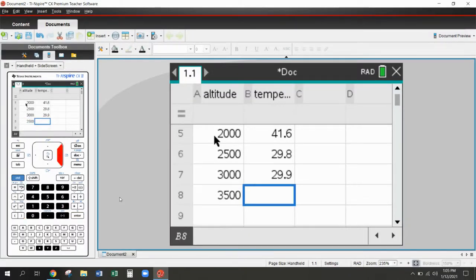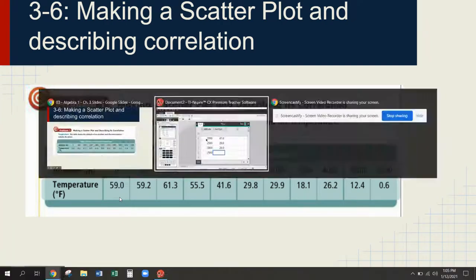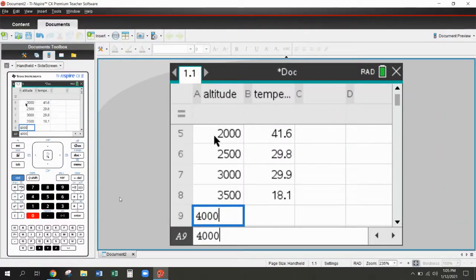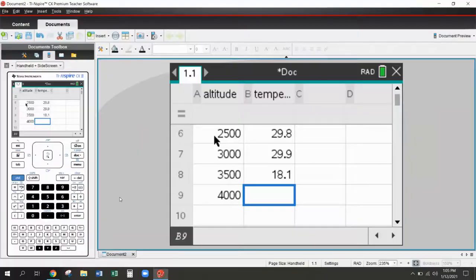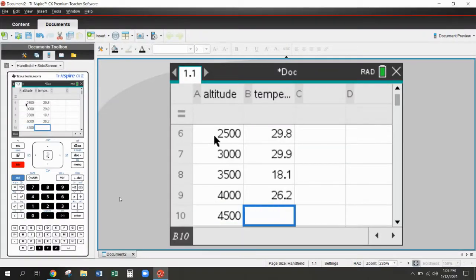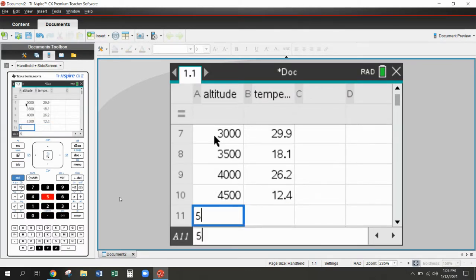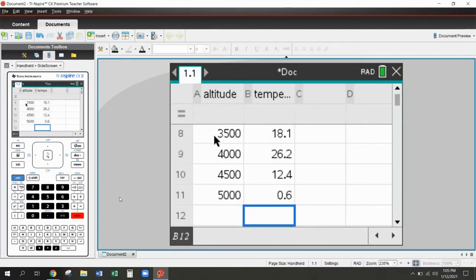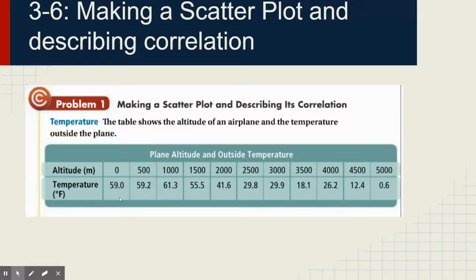500, 1, 4,000, 2, 500, 12.4, 5,000, and this last one is 0.6. Okay, so once you enter all your data in, you want to make sure